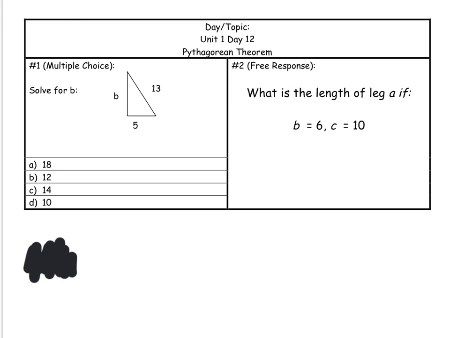Once again, it's your turn to show what you know from the notes. So in number 1, you're solving for b, a missing leg. And number 2, you're also solving for a missing leg. What is the length of a if b equals 6 and c equals 10? Be sure to work out the problems in your homework notebook